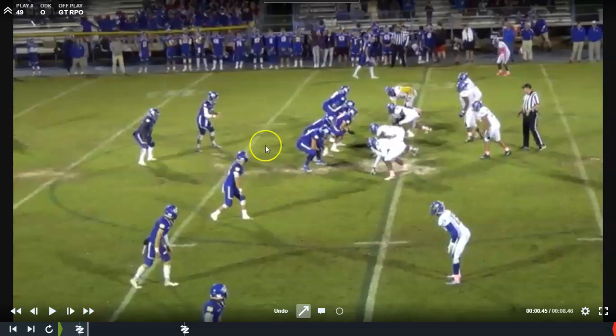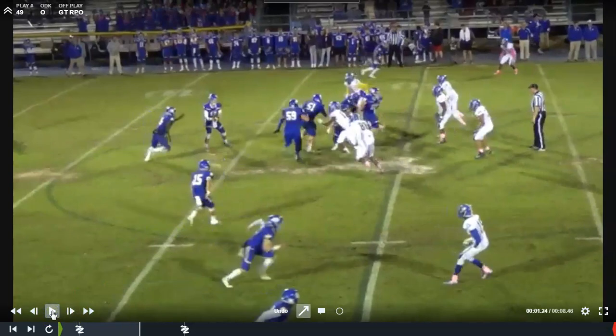Now this team again has loaded the box to stop our run. There's 7 men in the box. We cannot block 7 with 5. They've got a +2 on the overhang, and they can play front side pretty sound. Again, but what are teams going to do? They're kind of scared to play us man because of our ability to throw the football, so they try to give us some space. And what we do in this situation is when we pull,